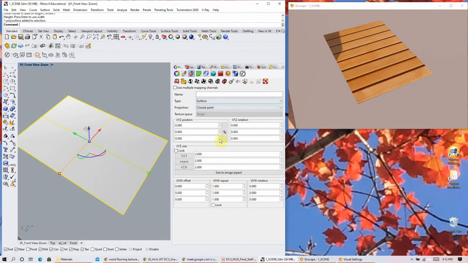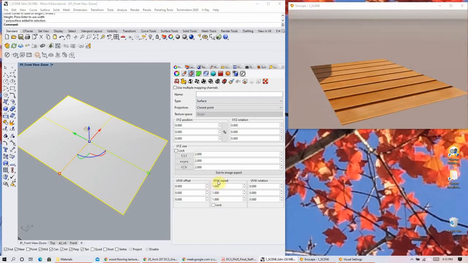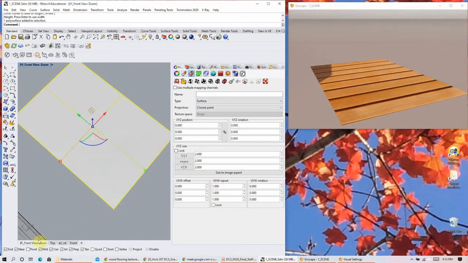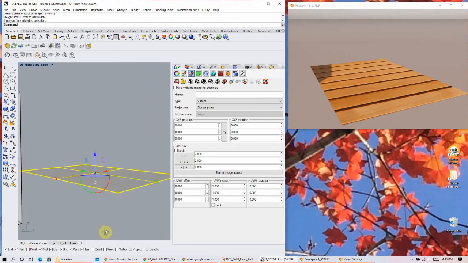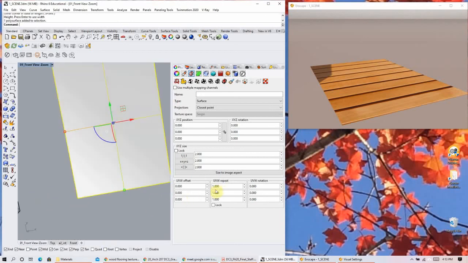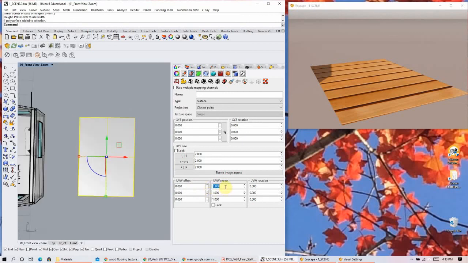Okay, so if we want to change that, we can look down here, and if we still want to use the surface mapping for it, we can go down here and change this UVW repeat, which is, if we look at the top view, the same as X, Y, Z. So U is X, V is Y, and of course W is in the Z direction. Okay. So if I change my U repeat, in the X direction here, following the red arrow, and say 10,